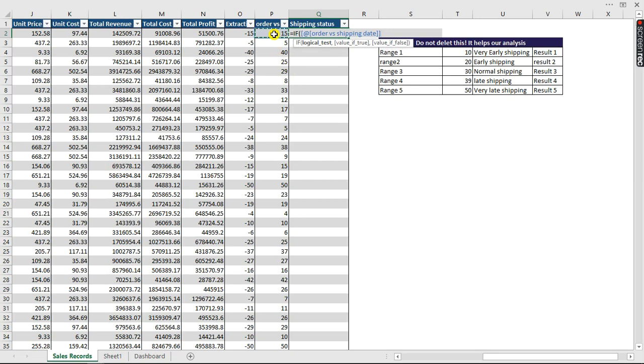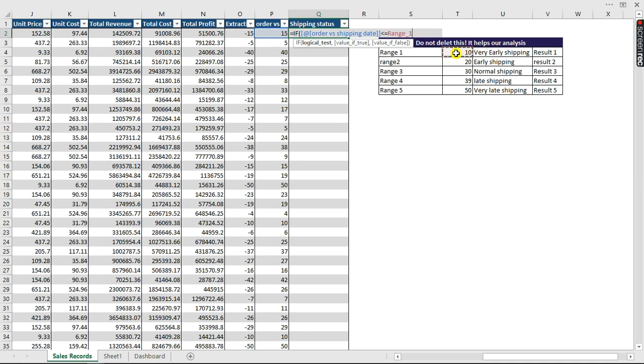So IF, now what we're going to do right now is if this particular order day, which is the order that was being placed, is less than 15 days, do not forget this is what we're dealing with, but because we want to have an accurate answer, something that doesn't throw up an error, we have to remove this minus from it. So if the order is less than 15 days,